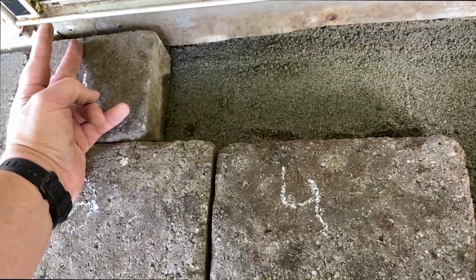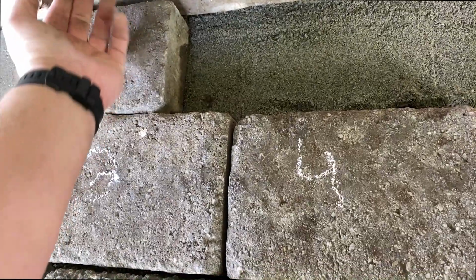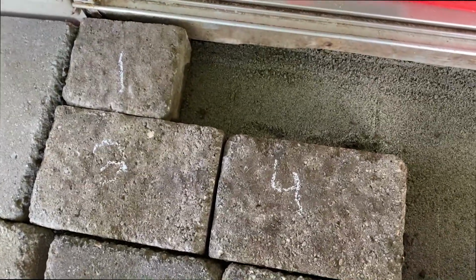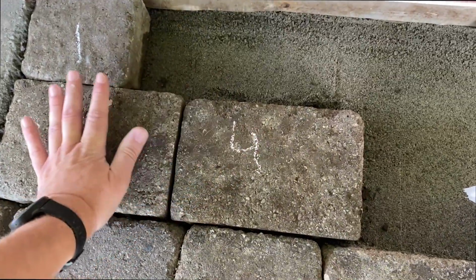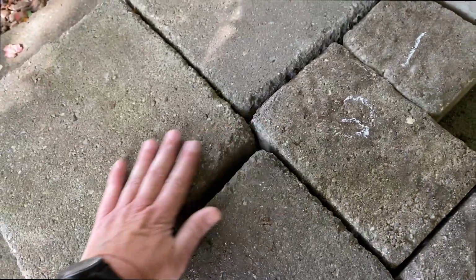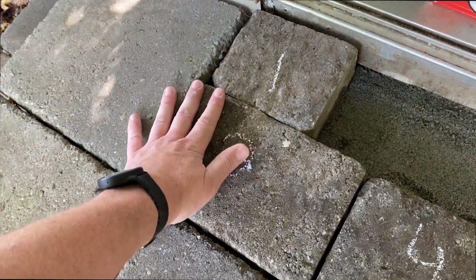And then right here is going to have a piece of PVC trim because the wood there got rotted out. But that's basically what we do. It's now essentially a giant puzzle. Everything's level now, so it's level off to the sides. As you saw from the earlier video, there was a solid